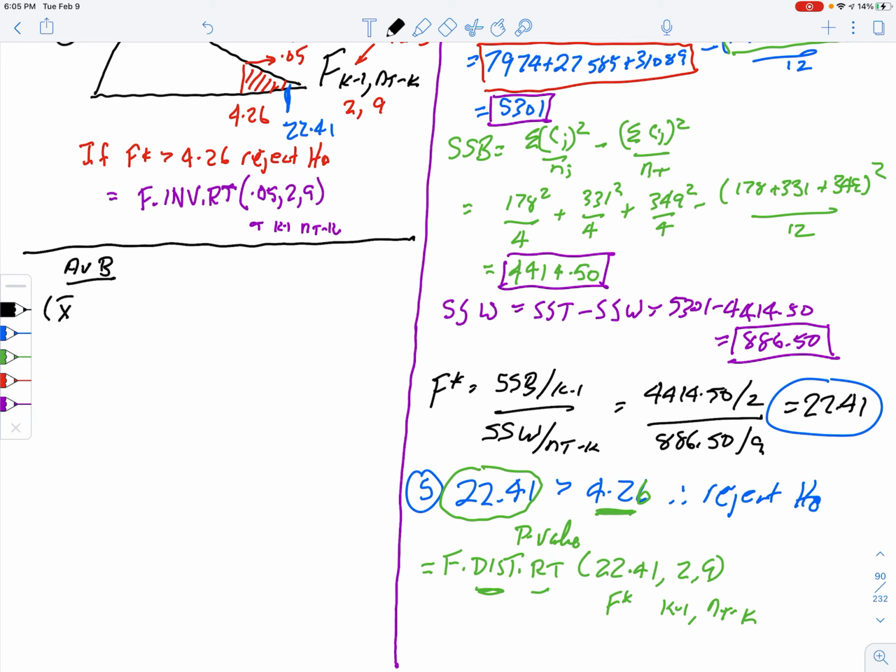This is the sample mean of Alberta trees minus the sample mean of BC trees, plus or minus a t-statistic, which is based on alpha over 2, and then NT minus K is the degrees of freedom for this t. And then times the square root